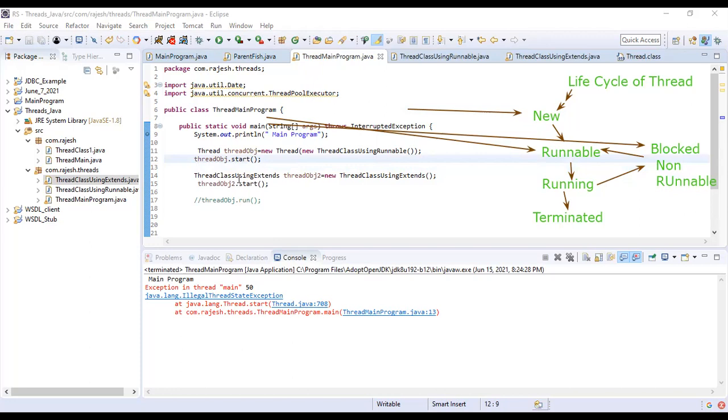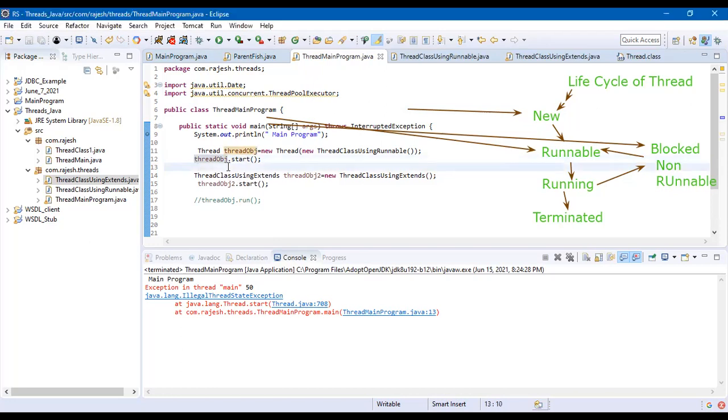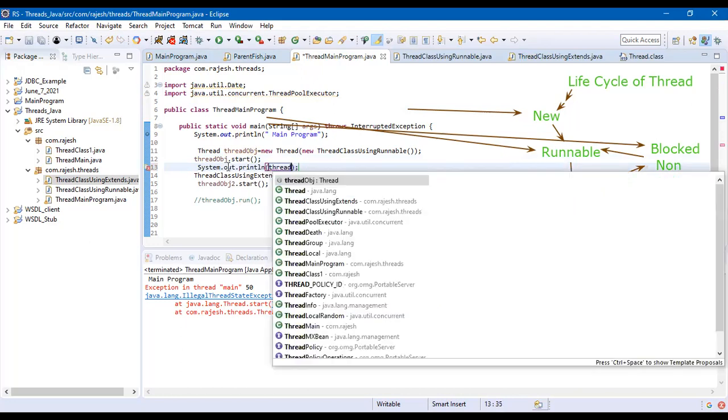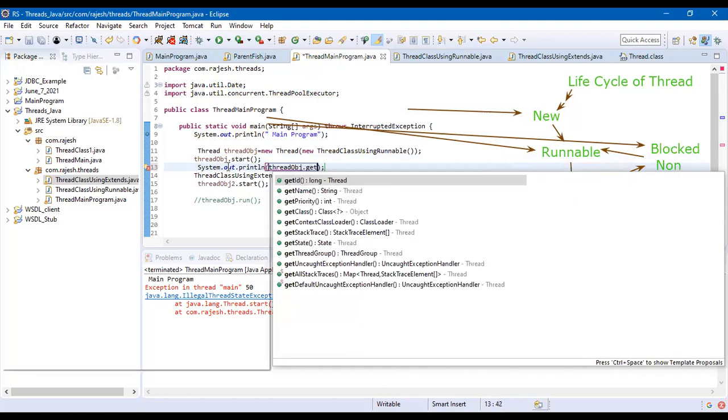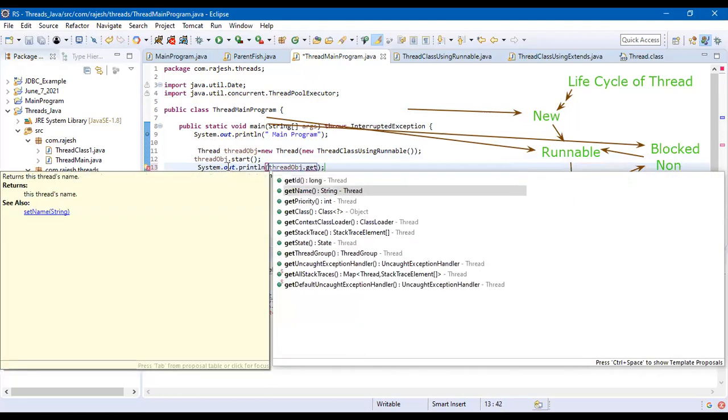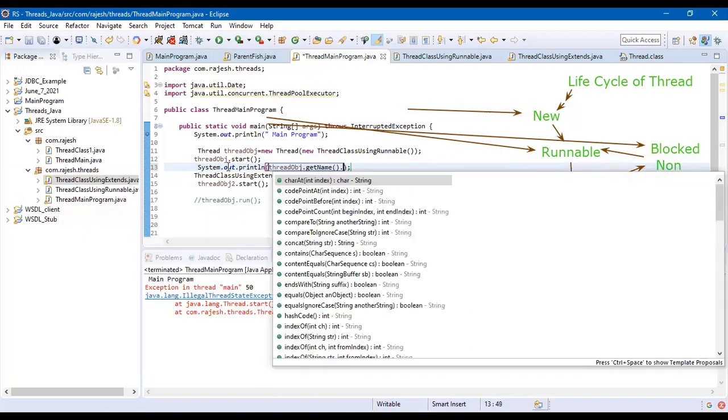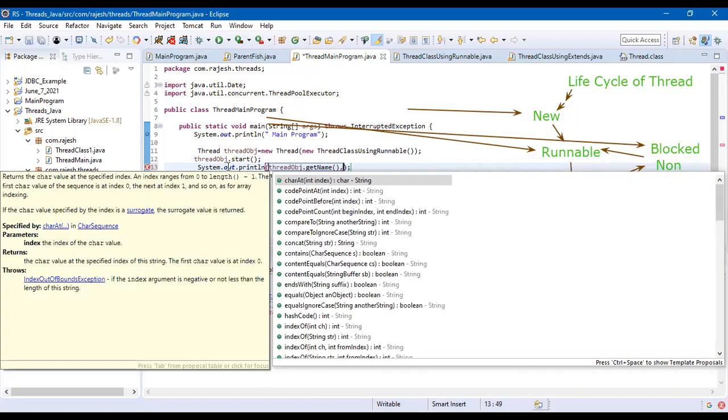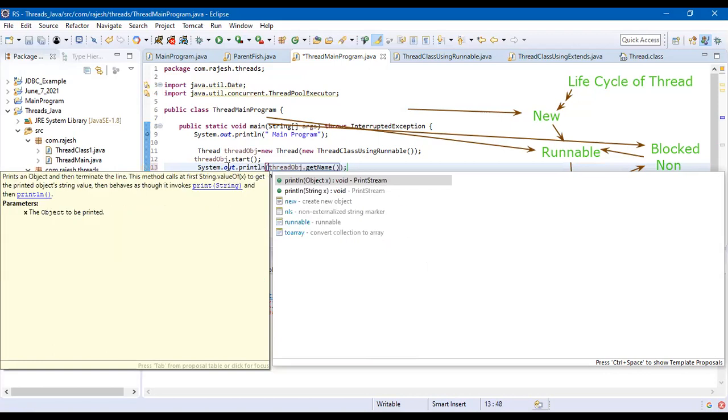We can get the name of the thread by using the getName method. For example, here I want to print the thread name. I can go like sysout threadObj.getName().toString().